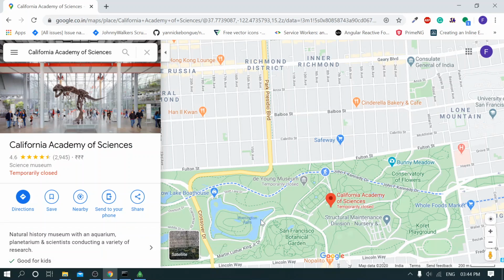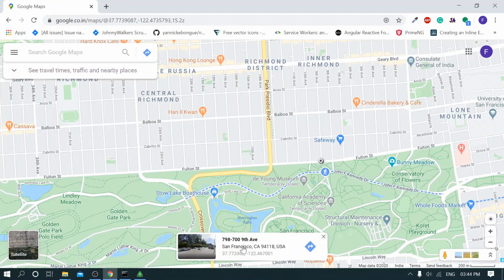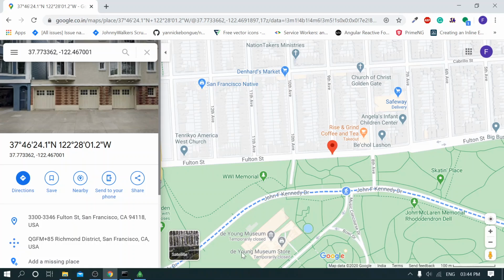Now I want to take one location and search what the near places are. For that, I will take one near point here. If you see here, this is the place. I have stood here and I want to search what are the near places to me. So how can I do that?